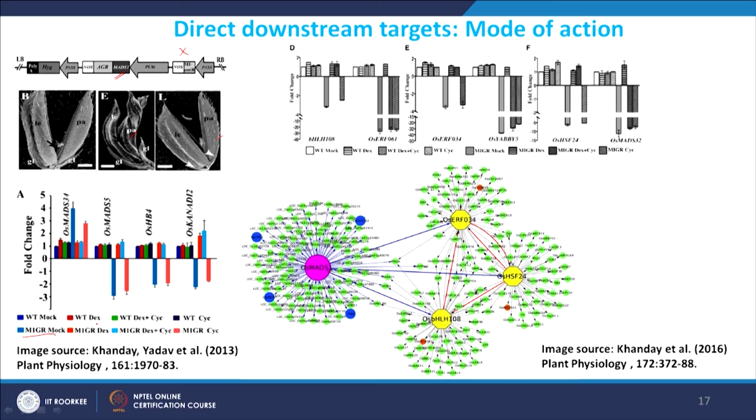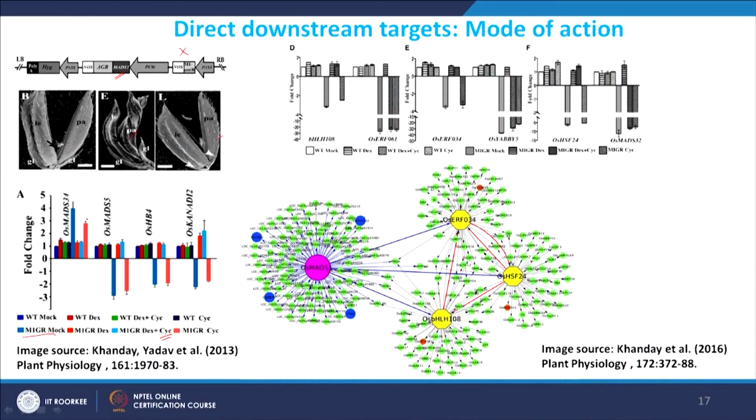Let us take this example, which means that MATS1 is a negative regulator of 34 and a positive regulator of 55. But when you induce with dexamethasone, the induced or repressed expression of the targets comes back to normal. But if you do this in the presence of cycloheximide, which is a protein synthesis inhibitor,